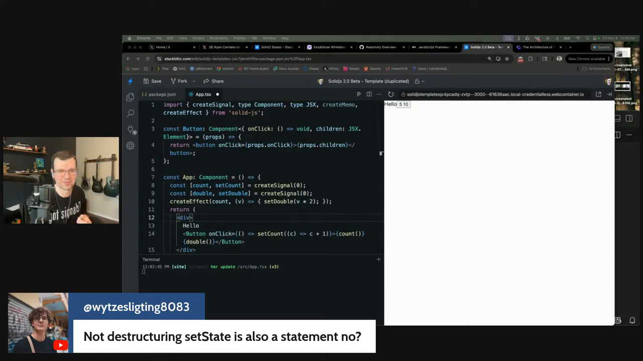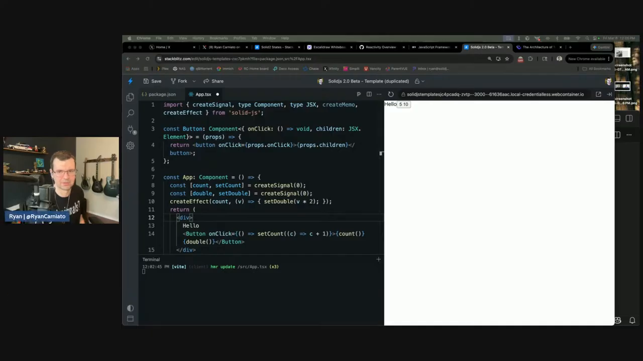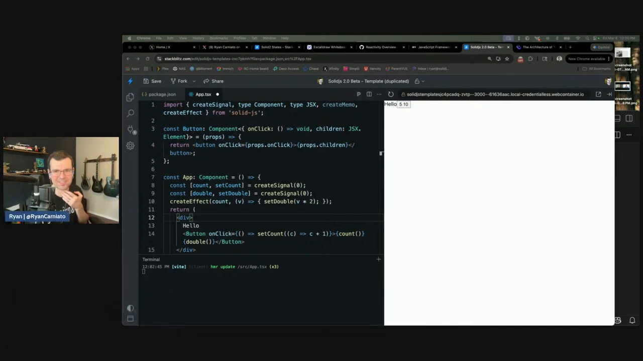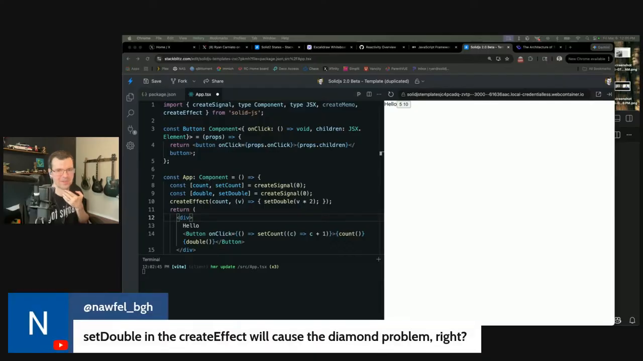Not destructuring setState is also a statement. Yeah, I don't know what that statement is though. It's like useCallback and useMemo are the same function. Yeah, I mean,